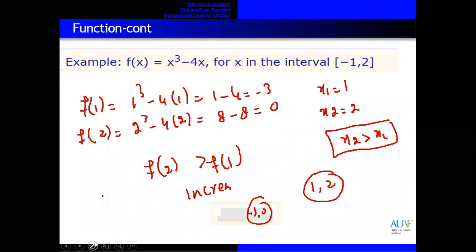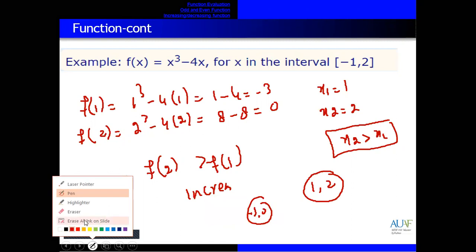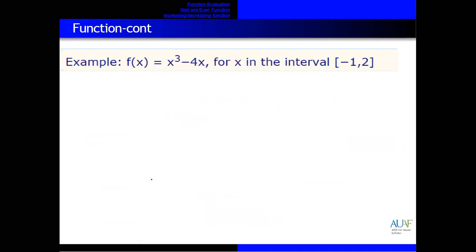Yes, in this interval the behavior is changing. You can say from minus 1 to 2 the behavior is changing. You cannot say both increasing and decreasing from one point to another point. Sometimes, if you see a graph like this one, for example,